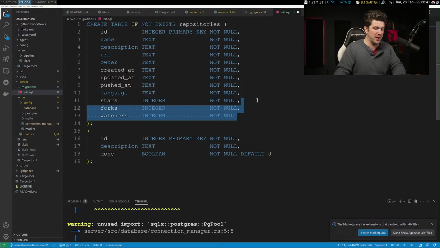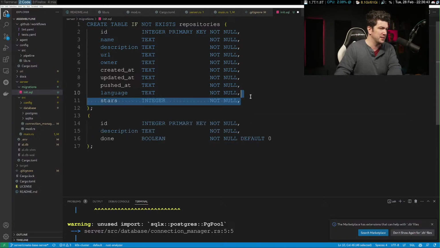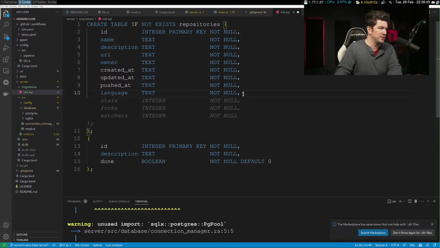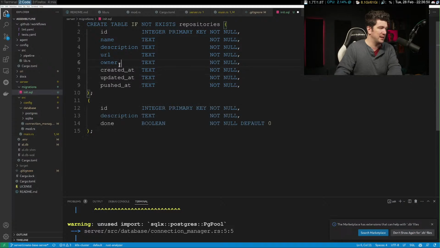We don't need the forks or watchers. We don't need the stars. We don't need the language. I don't know. These might be nice. Maybe not the owner.